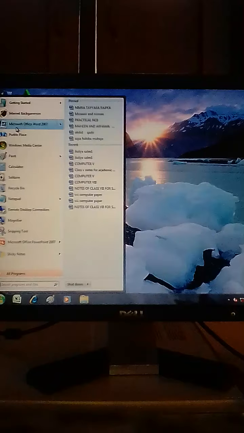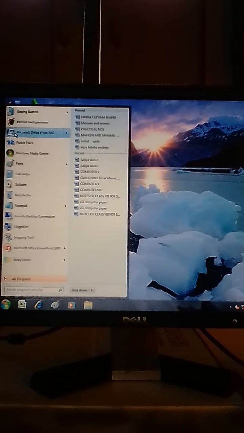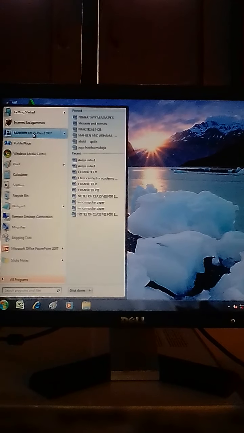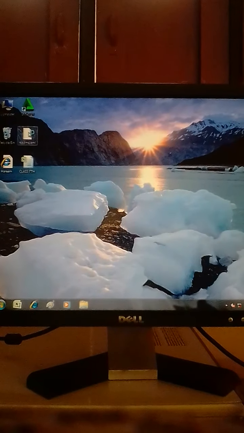Microsoft Word is present. Dear students, you see that here Microsoft Word 2007 is available and we can click on it. As we have opened Microsoft Word, first of all on the top there is Document 1 Microsoft Word. This bar on which Document 1 Microsoft Word is displayed is known as the title bar.